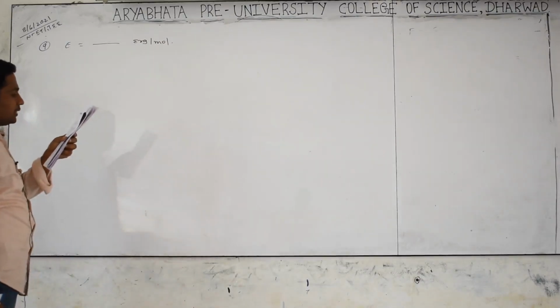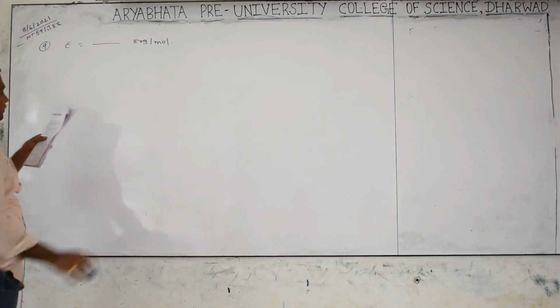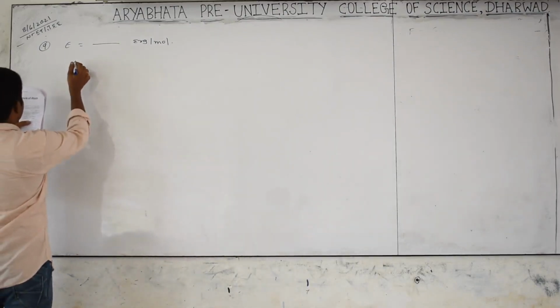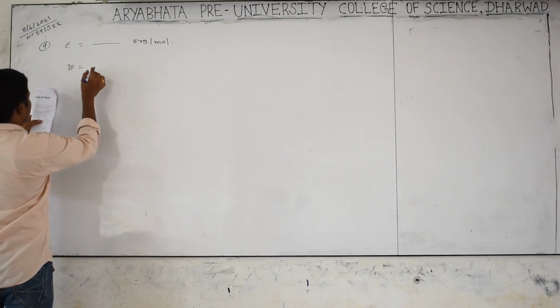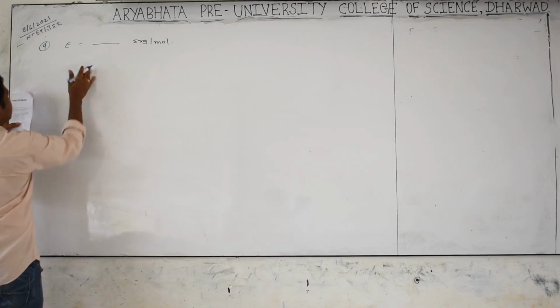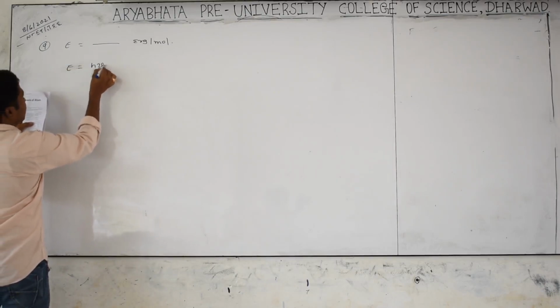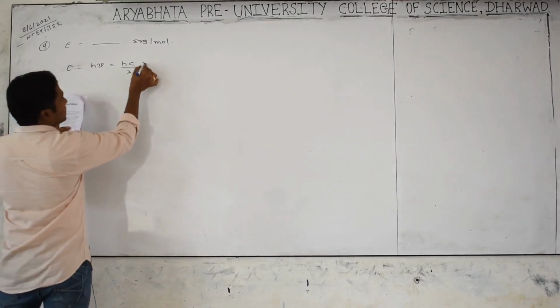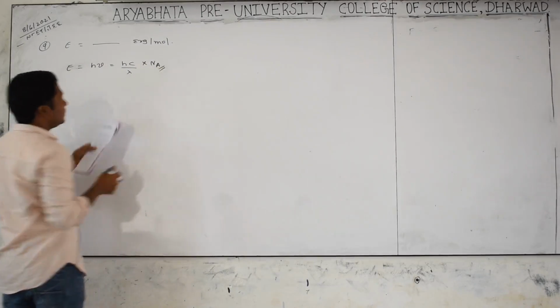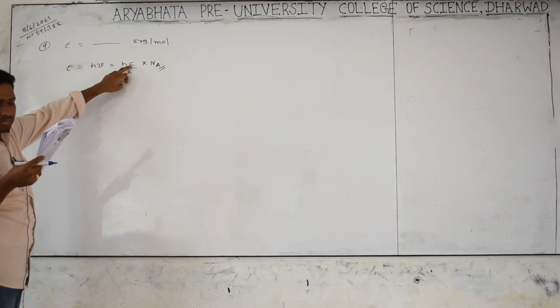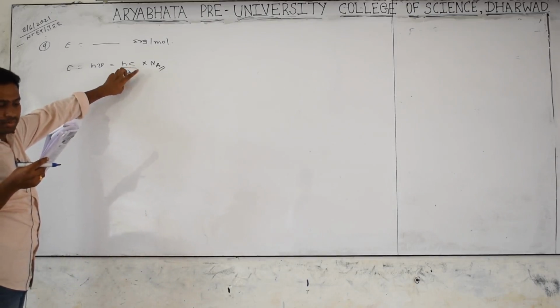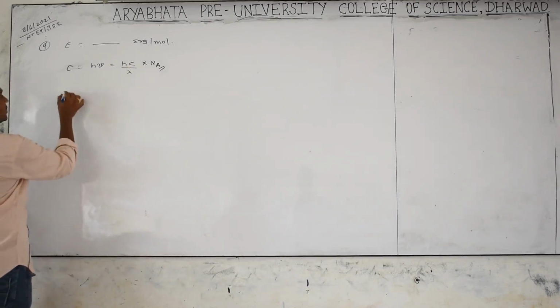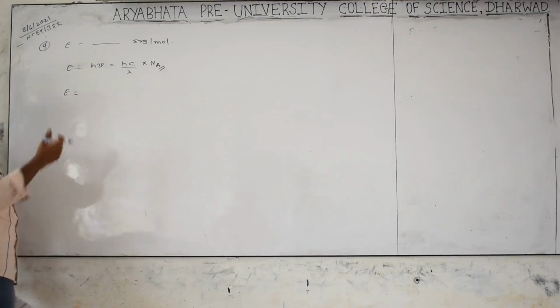What is given? Planck's constant is given, the speed of light is given, the Avogadro number is given. Then we have to see the energy absorbed in erg per mole. So energy E is equal to hc by lambda; energy is equal to h nu. H nu means hc by lambda, but per mole means the Avogadro number has to be taken. So we know the h value, we know the light velocity, the Avogadro number is given, and lambda is given. Then substitute. Per mole is being asked, that's why we multiply by the Avogadro number.